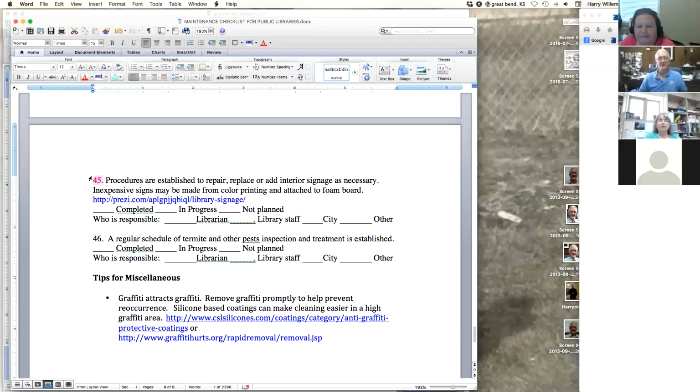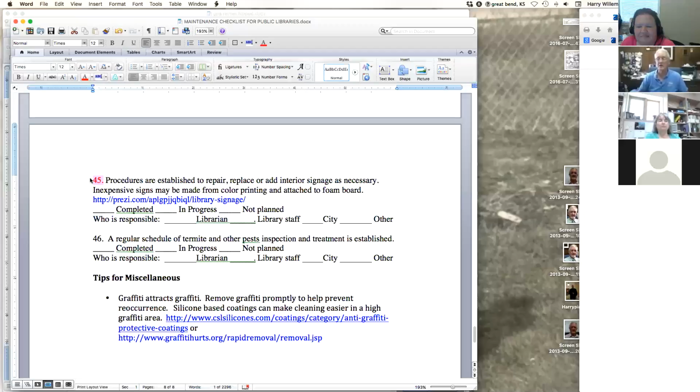And again, signage in your building. Just because signs were put in and they were purchased from Demco in 1968, and they're really nice plastic, and they have the white lettering on them, it doesn't mean that they're sacred. It means you may have had lots of changes after those signs were put in. There's a really inexpensive way to make nice signage for